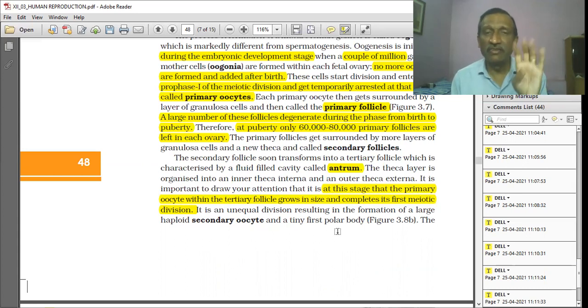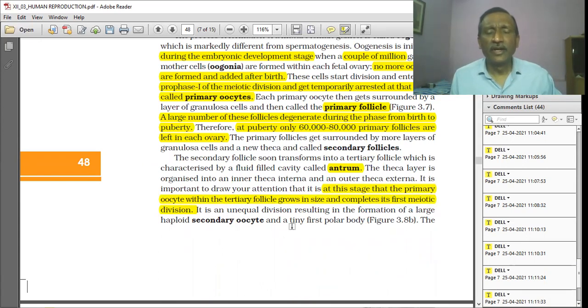Secondary spermatogonia will develop into four spermatids, and four spermatids will form four sperms. ठीक है, देखिए यहाँ क्या पढ़ रहे हैं, जो वन प्राइमरी oocyte थी, that primary oocyte is grown, antrum is filled, secondary and tertiary stages are formed, and follicle के stages आ गए हैं। उसके बाद क्या होगा, division होगा। This division is an unequal division, one will form secondary oocyte and the other will form polar body. The secondary oocyte is large, polar body was so tiny कि उसका कोई अस्तित्व ही नहीं है।